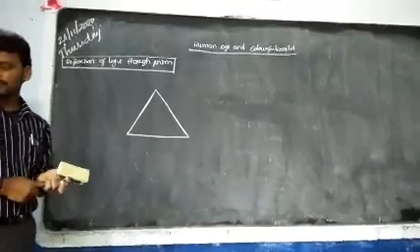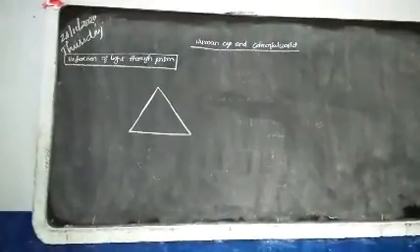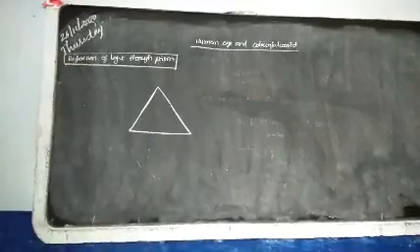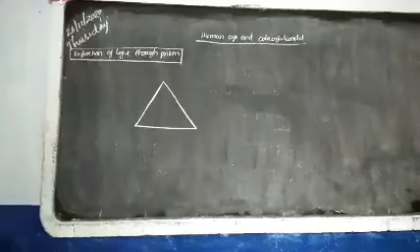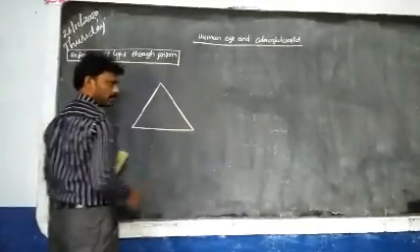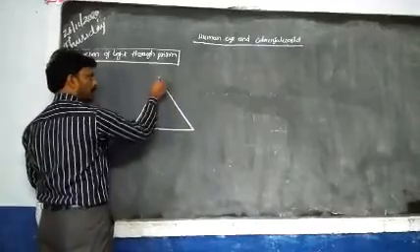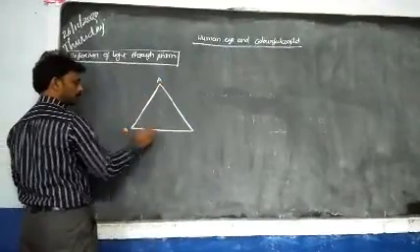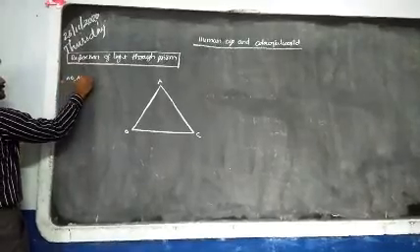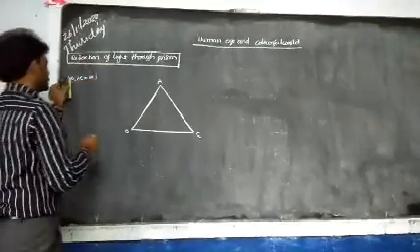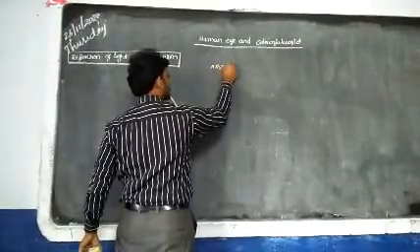So listen to me. In your textbook also they are writing activity type. I will follow the same thing. See, this is a prism. These two are called refracting surfaces. I will take the name as ABC. Here AB and AC are called refracting surfaces.